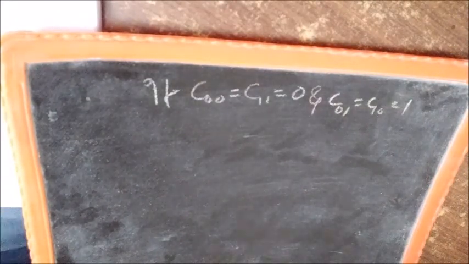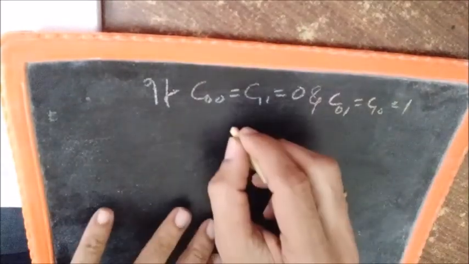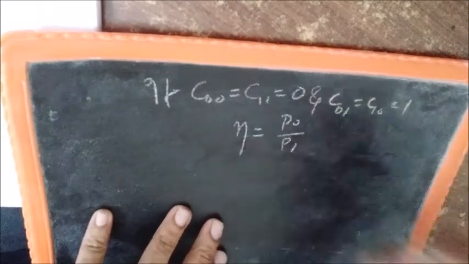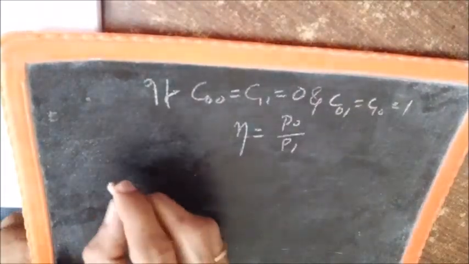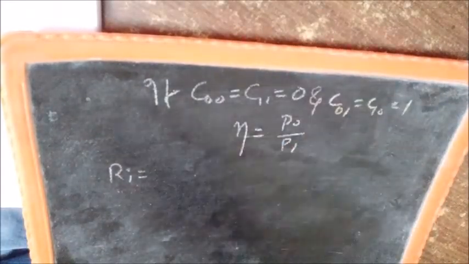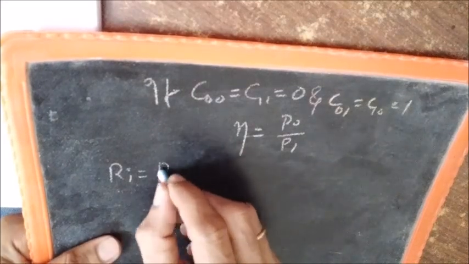This is usually the case in a binary digital communication system. In such situations, you know that eta will be P0 by P1, and if you substitute these values in the risk that we derived earlier, you see that the risk will be equal to P0